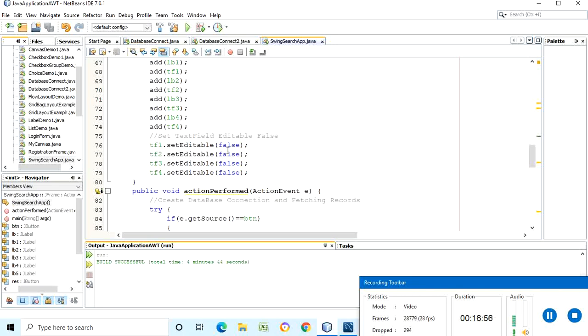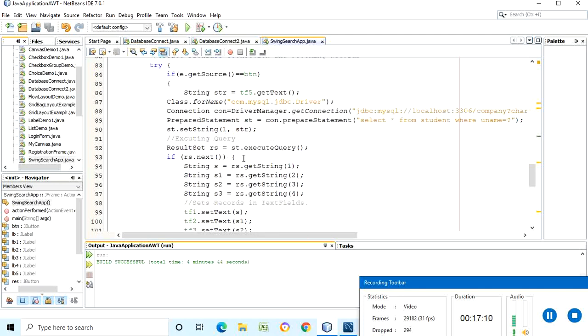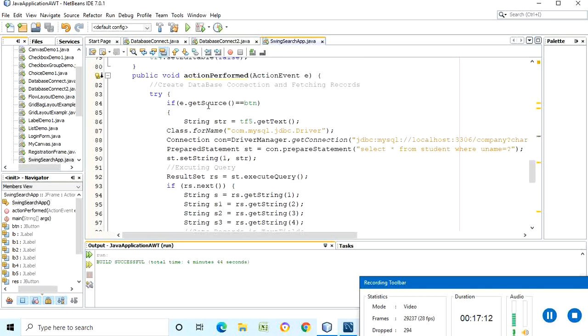It is up to the application; in whichever application you are using, accordingly you can make setEditable true or false. In this case it is not required to edit the given data. That's why we are making it false. Then we go to the actionPerformed method. Within that method, we are testing whether the clicked button is the submit button or the reset button. If it is the submit button, then we have to give the database connectivity because we want to extract the data. So we are giving the database connectivity part.